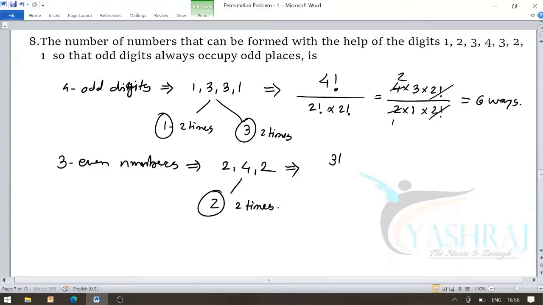So there are the 3 digits. So the arrangement of them becomes 3 factorial divided by 2 factorial, as 2 is repeated twice. So 3 into 2 factorial divided by 2 factorial. So we have 3 ways to arrange the 3 even digits in 3 even places. Hence the required number of ways